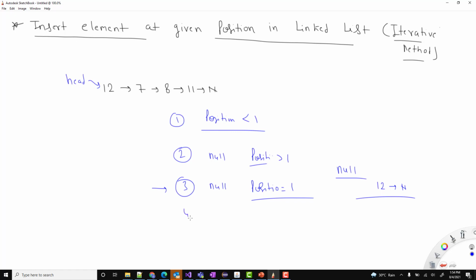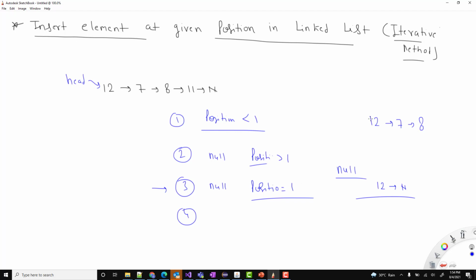Then after that, what happens? Let's say my position is 1. The next case is that my linked list is not null, like this one. I have some elements but my position is 1.